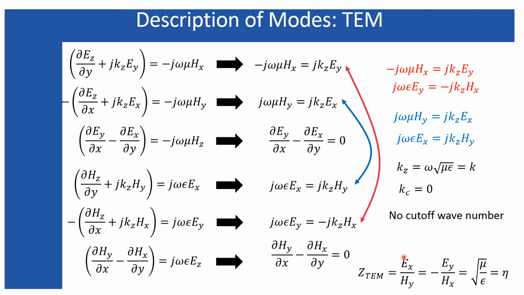Now, this is the intrinsic impedance of the TEM mode from these two expressions. From either of these two sets of equations, you can easily find the intrinsic impedance of this mode, and that is nothing but eta, the intrinsic impedance of the medium. What I calculated for the plane wave case appears over here also, because the plane wave is also a TEM mode. That is why the intrinsic impedance for the TEM and the plane wave case are matching over here.